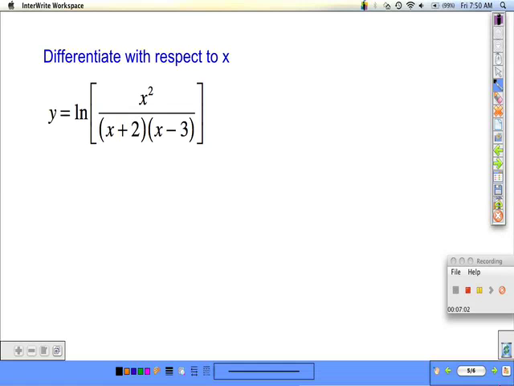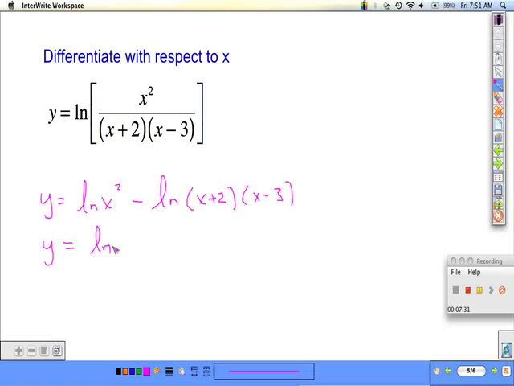Here we want to differentiate with respect to x. So this looks big and nasty, and oh my gosh, we're going to use the chain rule, and we'll need the quotient rule in doing that, but we really don't need to because of properties of logs. We can rewrite this equation as y equals natural log x squared minus natural log x plus 2 times x minus 3. And yet again, y equals 2 natural log x